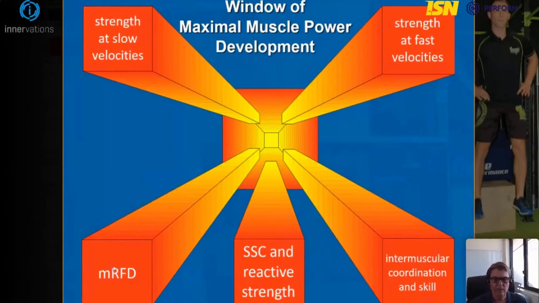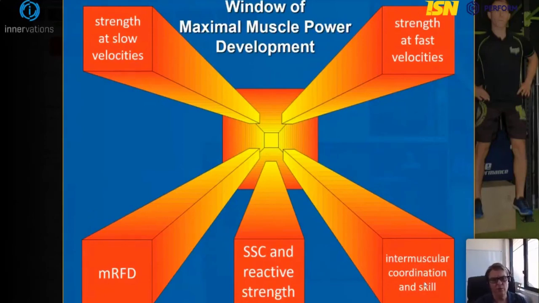Maximum rate of force development is also very, very important for muscle power output overall. Capacity to use the stretch shortening cycle and reactive strength are also very, very important. And then the ability to pull all this together, to coordinate all of the various muscle contractions and movements, the flow of power through the kinetic chain, coordination and skill also contributes. So again, what we saw,